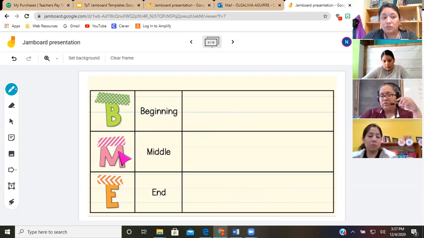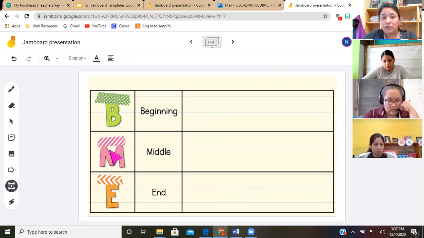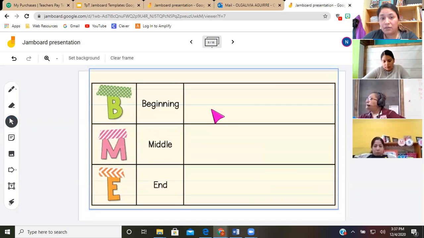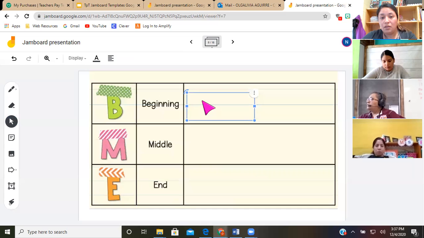So students could press the text box and then include the text right here. Okay, the students are able to go ahead and type in here. Okay, at the beginning of the story,